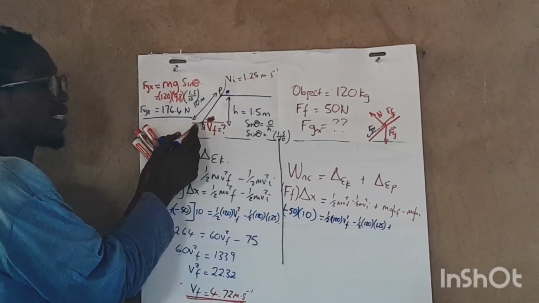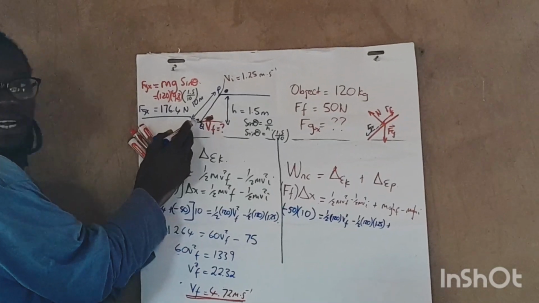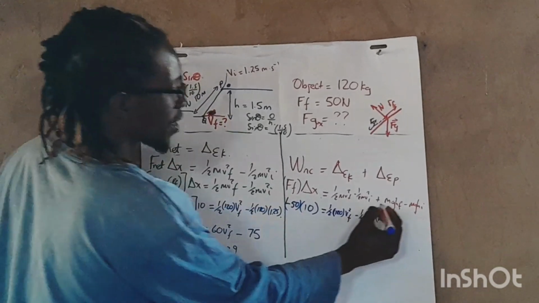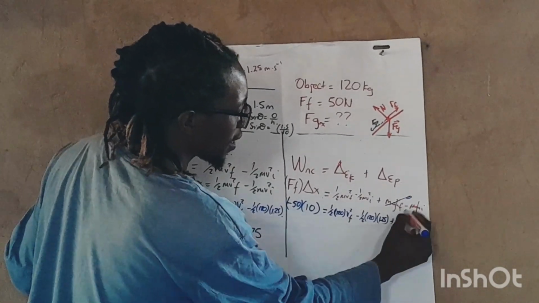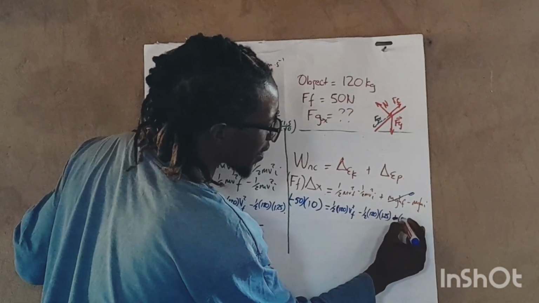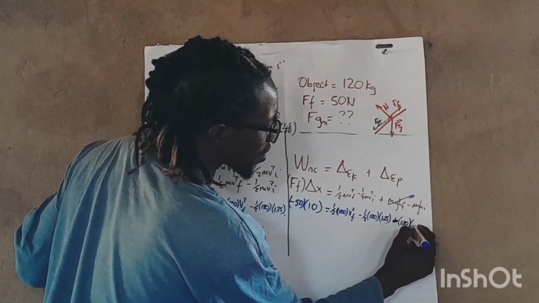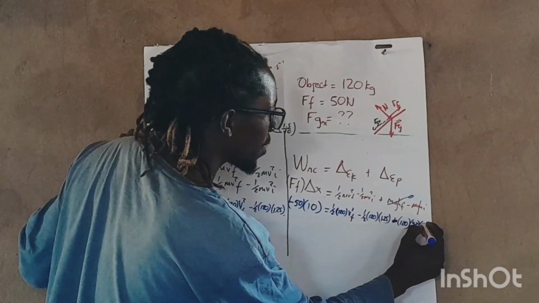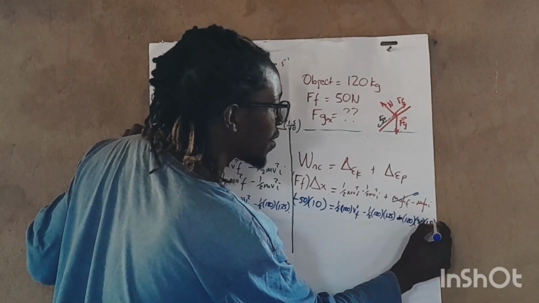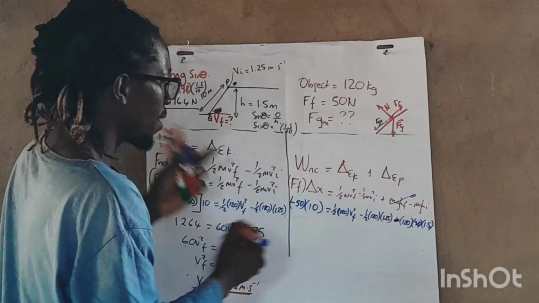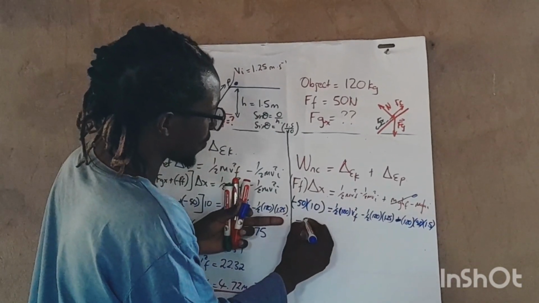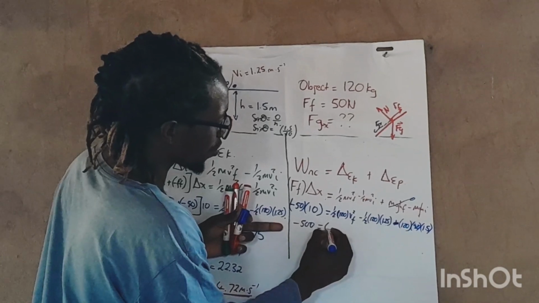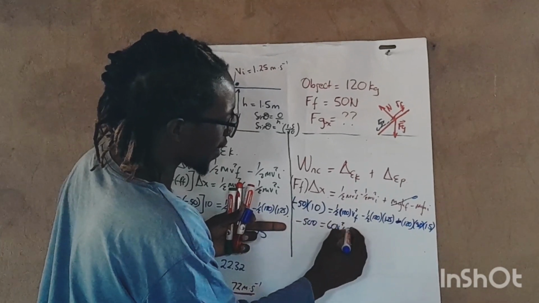So the final, it is here, which is 0, because the height here is 0, so this becomes 0, right? So we just say minus, what is the mass? 120, gravitational acceleration 9.8, and the height being 1.5. So let's see, this one will give us negative 500 equals to 60 v squared final, and